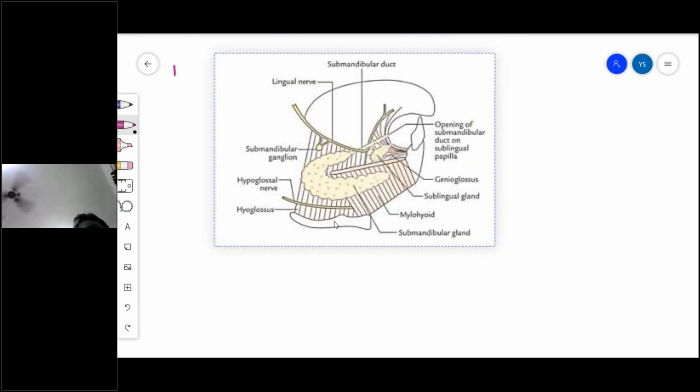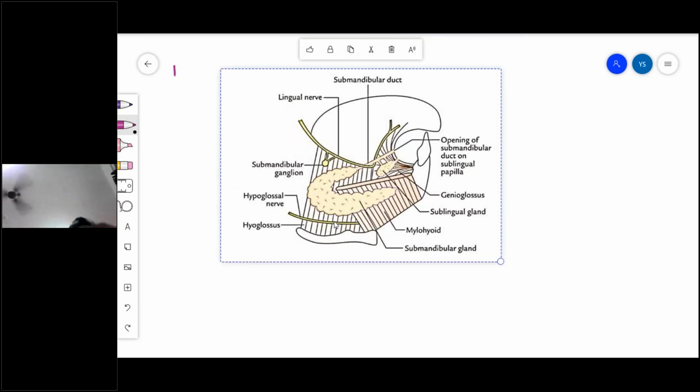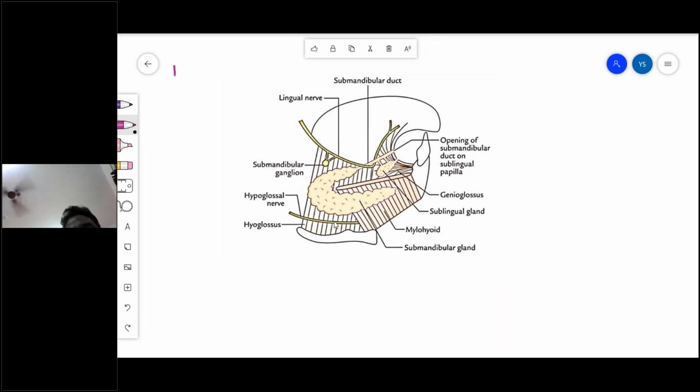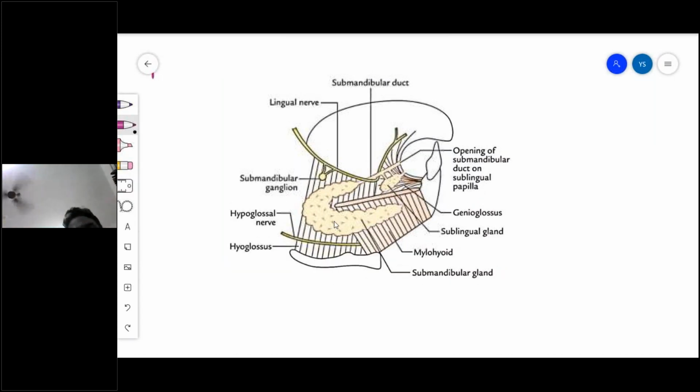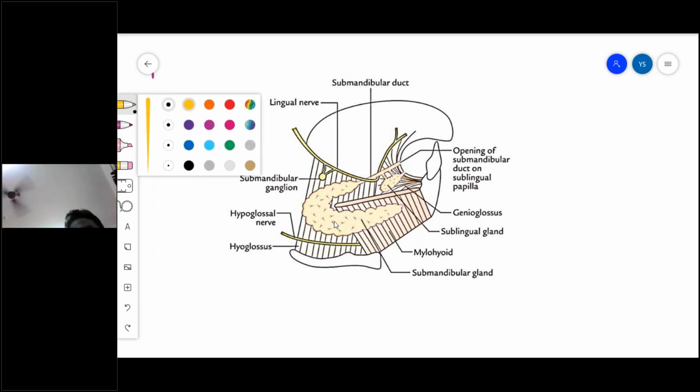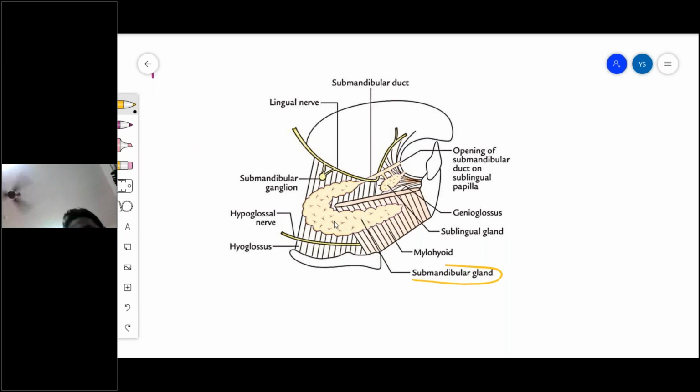So can you see this picture? Okay. If you see this picture, we can look at the submandibular gland. With the yellow circle, I'm showing the submandibular gland. You can locate. So you see the shape of the submandibular gland. This is walnut shape, present in the digastric triangle and submandibular fossa of the mandible at the location.